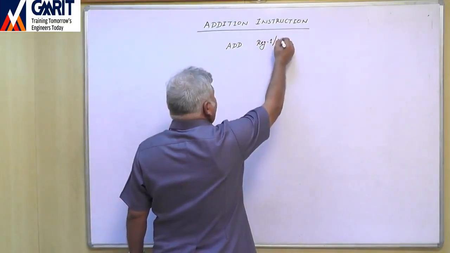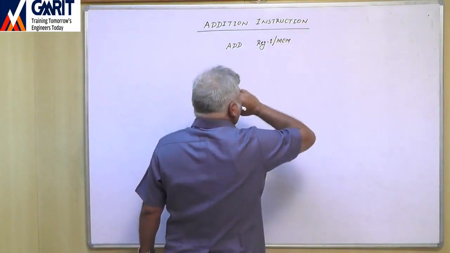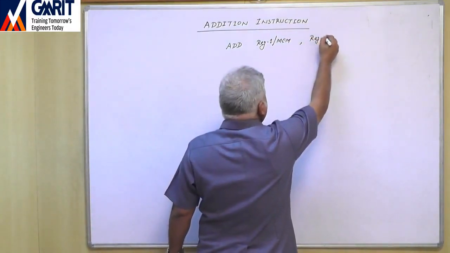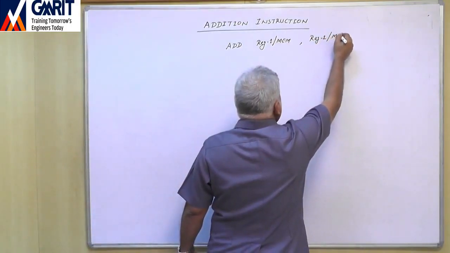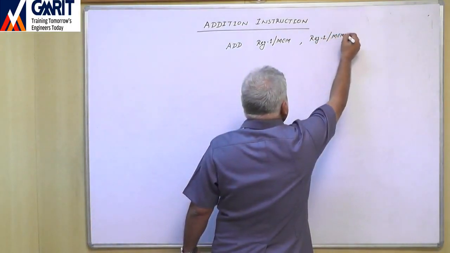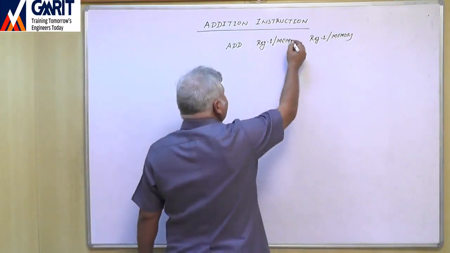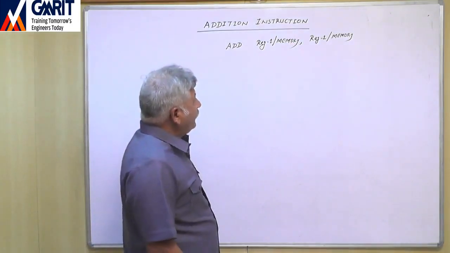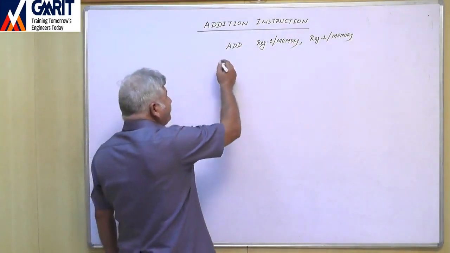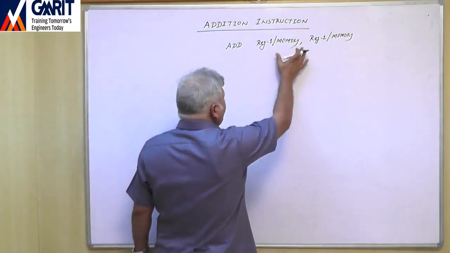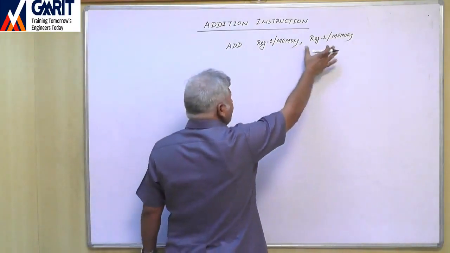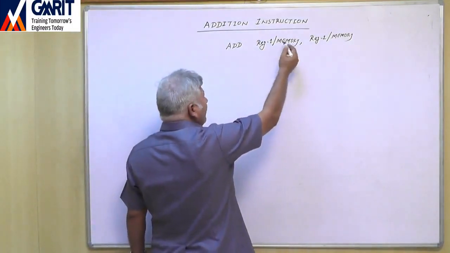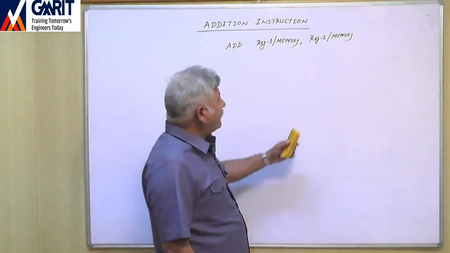register 1 slash memory, comma, register 2 slash memory. So here there are two operands. This is one operand and this is the second operand. The first operand can be in a register or it can be in memory, and the second operand can also be in